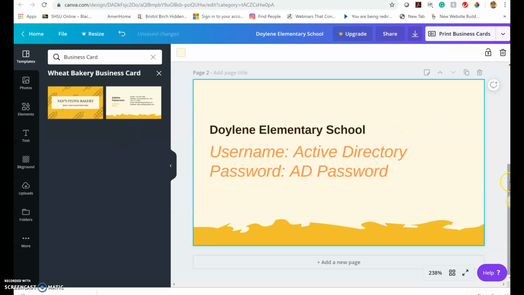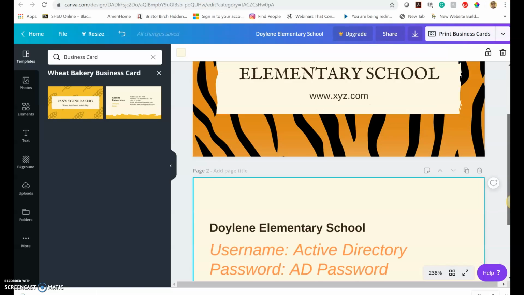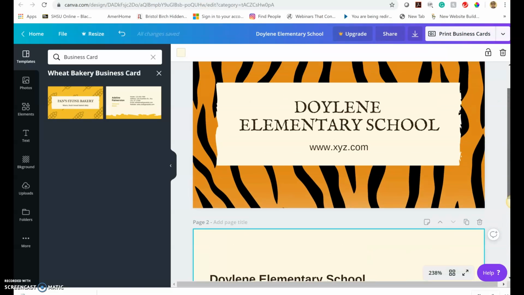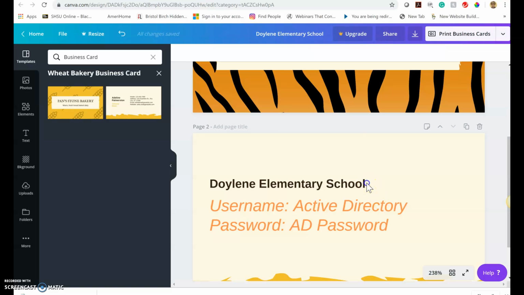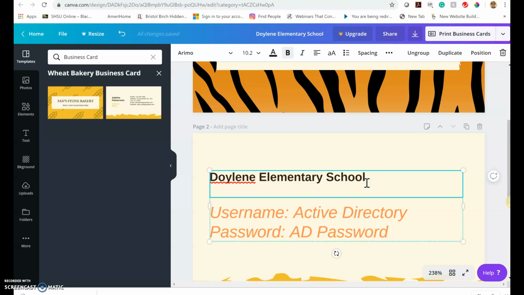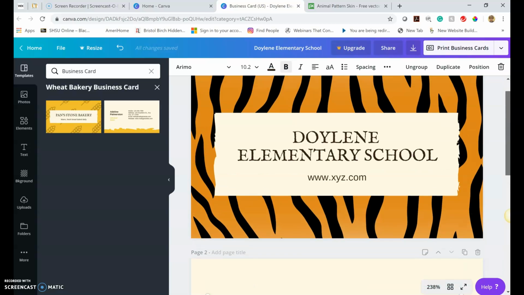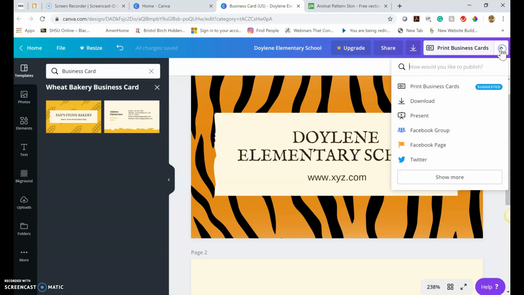So we now have the front of our card and the back of our card. And remember that we are making our virtual library card. So let's go ahead and add those words in there. This is our virtual library card. So for National Library Card Sign Up Month, this would allow you to customize real easily a card that you could send to a print shop at your district if you're lucky enough to have one. If you are using Canva, they have a printing suggestion right here where you could send it to. You could also simply download this,